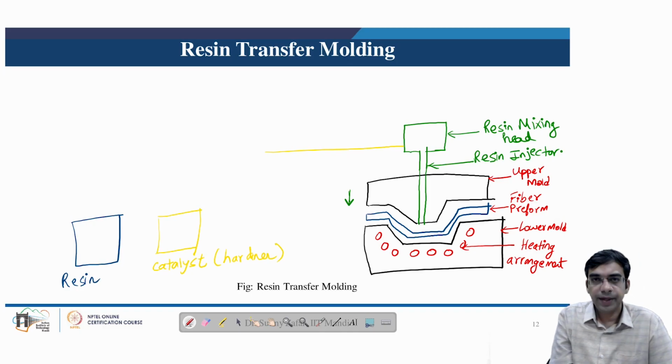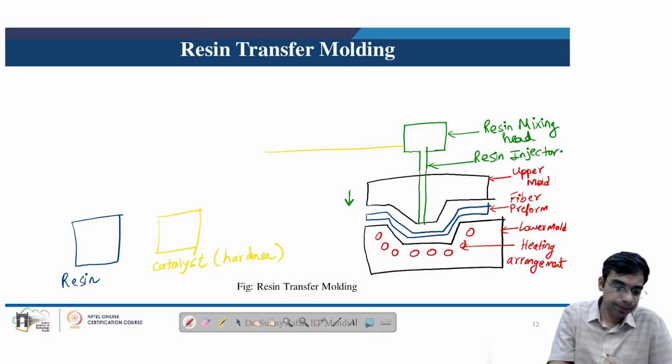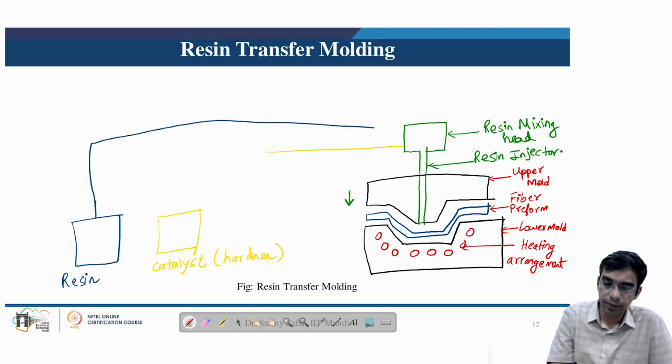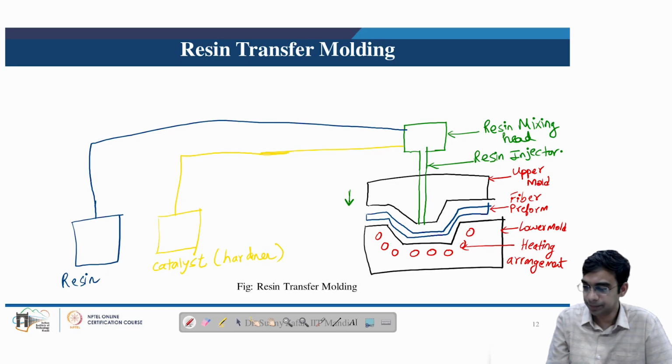Generally these are not pre-mixed, because if they are stored in the pre-mixed condition, the cross-linking can initiate, which can render the resin and hardener mixture useless, because if cross-linking is already initiated, there is no point in pumping it into the resin transfer molding equipment. So via a pump, the resin is separately pumped and brought into the mixing head, and the catalyst, or the hardener, is separately brought and mixed into the mixing head.